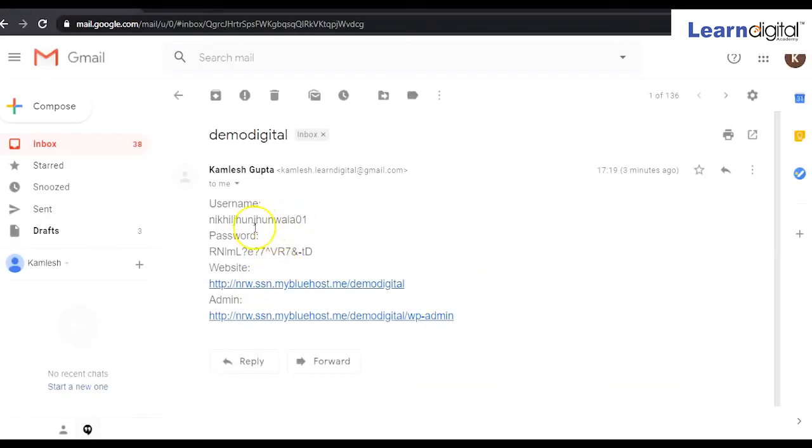So in the email, like this, you will get your credentials and password as well. The username will be this one, and this will be the password, and this will be your website name. This is demo digital. As I told you, I have already created it, and this is the backend part of WordPress.